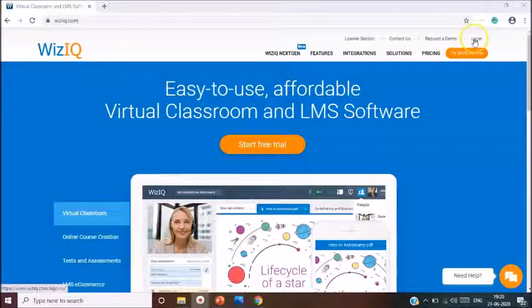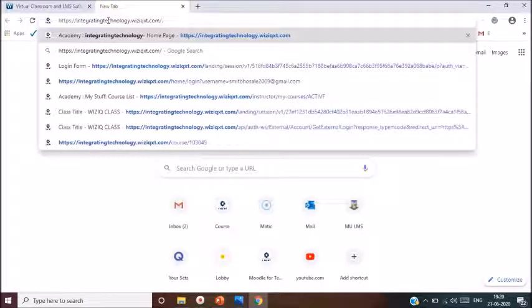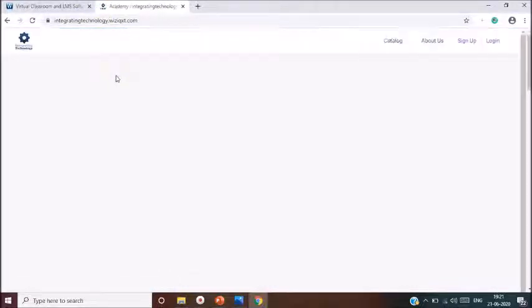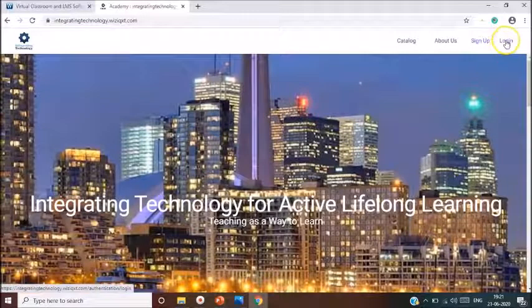To begin with, we need to log into WizIQ. For that, I need to go to Google and use the URL https://integratingtechnology.wiziq.com. So this will take me to the dashboard of integrating technology, through which I have received an account in WizIQ.